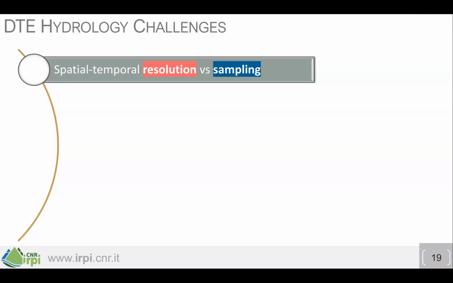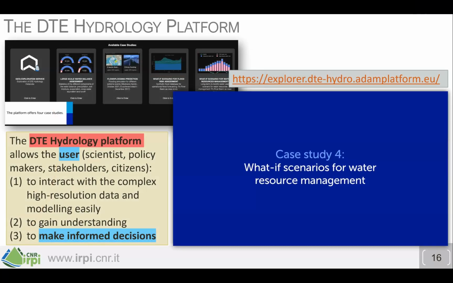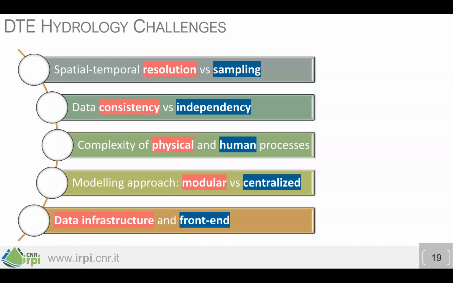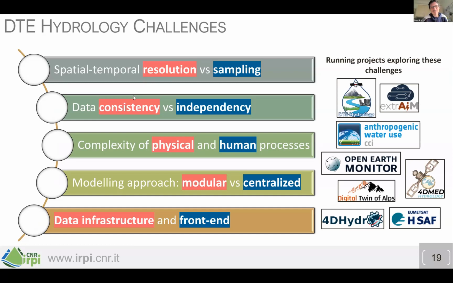You had a slide previous to this one that I'd like to see, which had the bands across with the different categories. I think the challenges slide. That challenges slide, yeah, that's it. I'm sorry, please forgive me. I was so excited about it, I forgot the title. But in all of these different categories that you have listed here, these 5 categories, spatial temporal resolution versus sampling, these are different considerations that are highly important for end users of flood modeling and mapping tools.